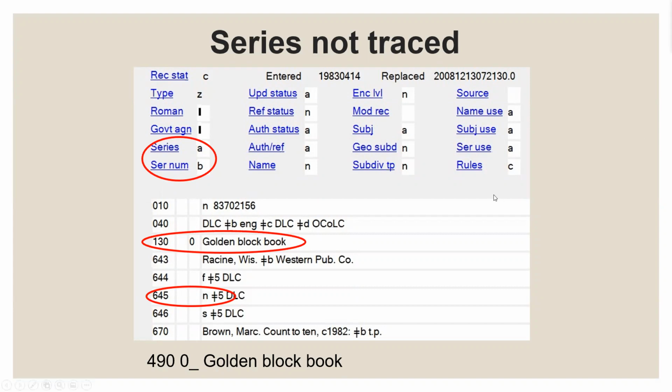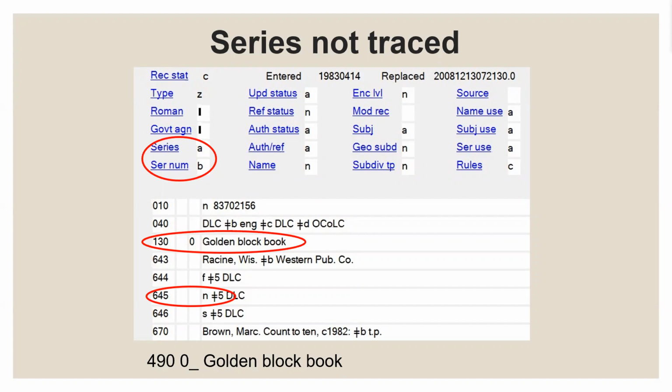So anyway, this particular record, if you look at the 645, that's where I told you to always go look first. And if you have a T, you've got it. You've got a traced series. You want to put that in your record as a 490 8XX. In this particular case, in your 645, you have an N, which means the series is not traced. Makes no sense.